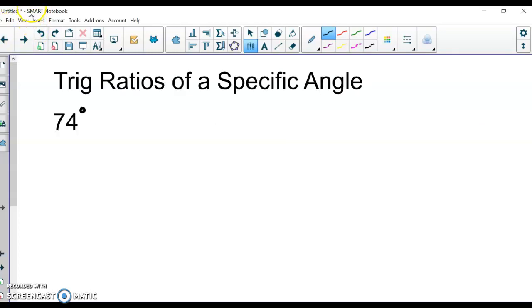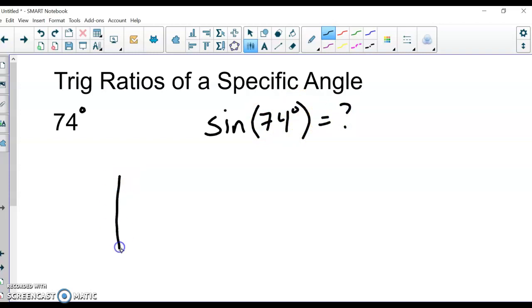So, how do we use trig ratios for a specific angle? So maybe instead of the sine of A, I want to know, okay, well, what's the sine of 74 degrees? So what's this asking? This is asking if I have a right triangle,